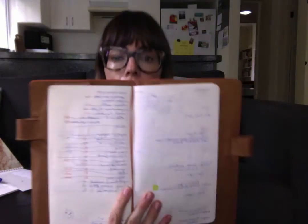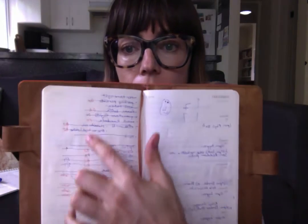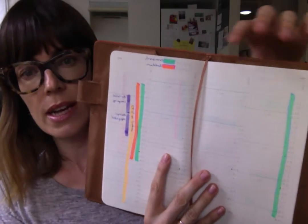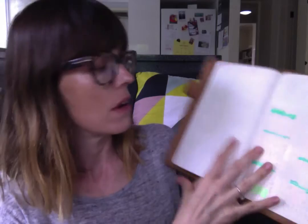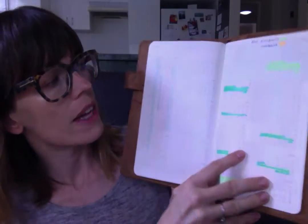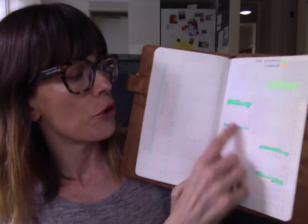So yes, this Moleskin weekly notebook is a lot better for me because of this layout for the days, and then a ruled page on the other side. And it also has the months. It has like 4 months. It has a yearly kind of view. It's got all of these. This is 2015 on one page, 2016,